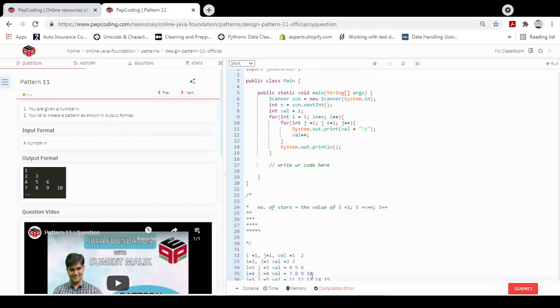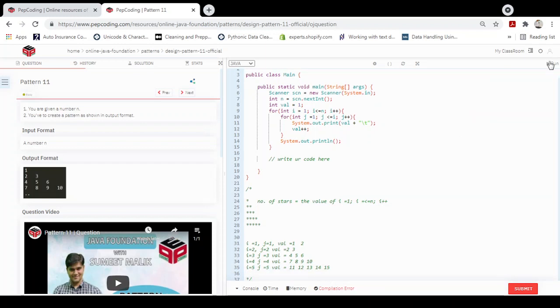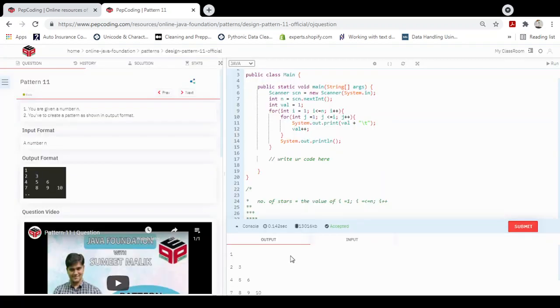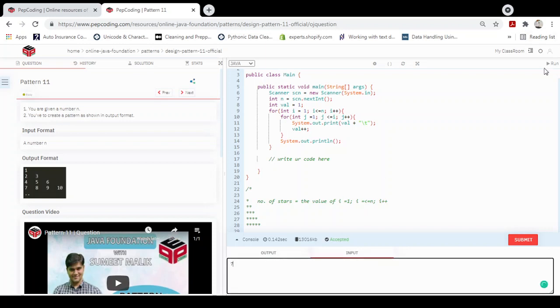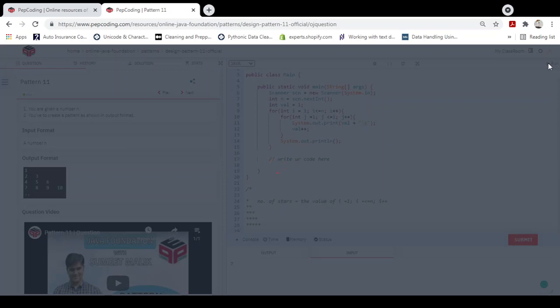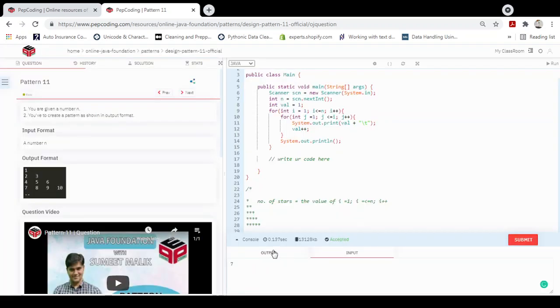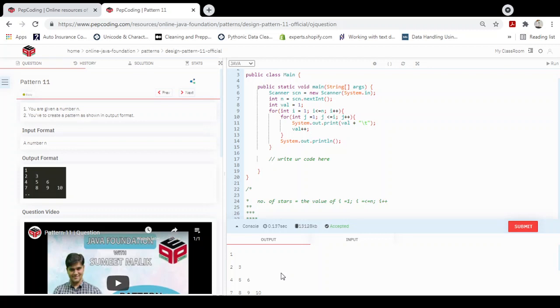Okay, so I need this closing, cut this and paste it here. Okay, and then I'll run it, and yes, I get 1, 2, 3, 4, 5, 6, 7, 8, 9, 10, 11, 12, 13, 14, 15 as my desired output. Let me check it for n equals 7, and I run it and see my output is 1, 2, 3, 4, 5, 6, 7, 8, 9, 10, 11, 12, 13, 14, 15. Then again 6 terms, 16, 17, 18, 19, 20, 21, and then 7 terms, 22, 23, 24, 25, 26, 27,